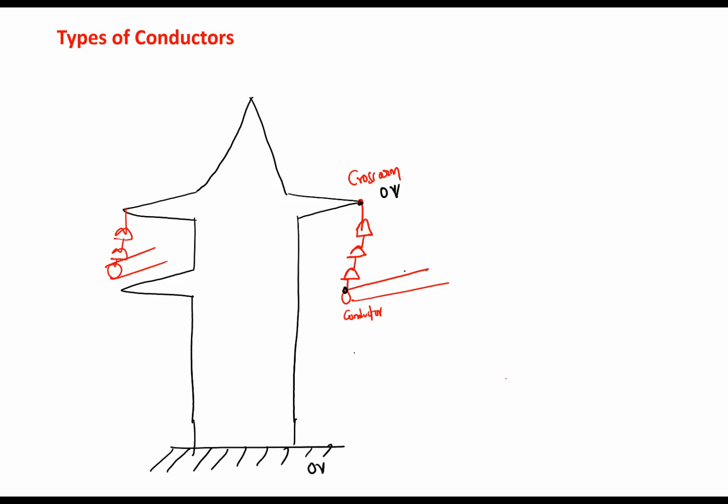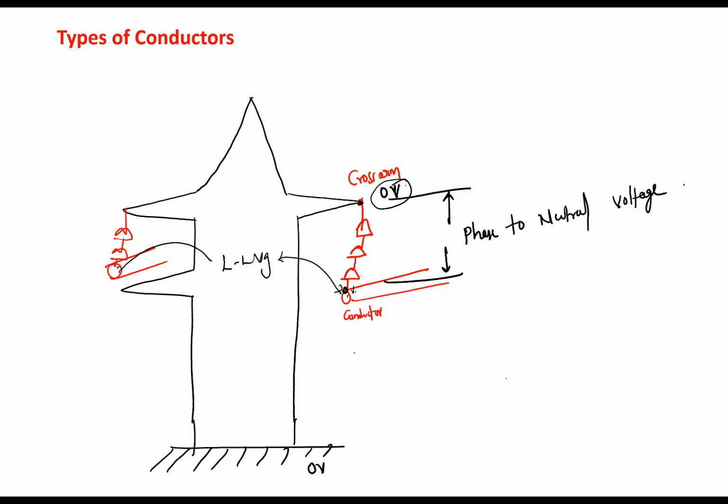The conductor, we have to provide the insulation between the 0 volt, that is the tower body, and the conductor voltage. So many people have doubt, what is this voltage? The voltage between two transmission conductors is line to line voltage. Okay, so what is the voltage between the conductor and the zero potential? In a balanced power system, even our neutral is at zero potential. So basically the insulation in a transmission line is provided for phase to neutral voltage.